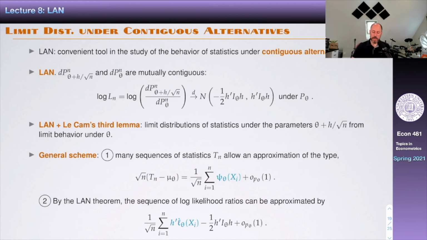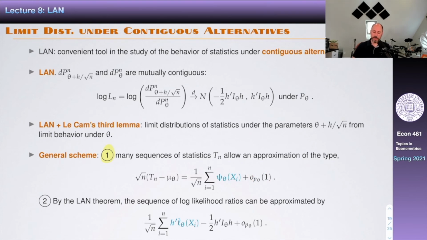In the first part over here, we're going to consider sequences of test statistics that we can write in the following form, which is 1 over square root n, the sum of a function here that is mean 0, that is known as the influence function. So I'm going to use this letter psi to denote the influence function of the test statistic. And there may or may not be a remainder term over here.